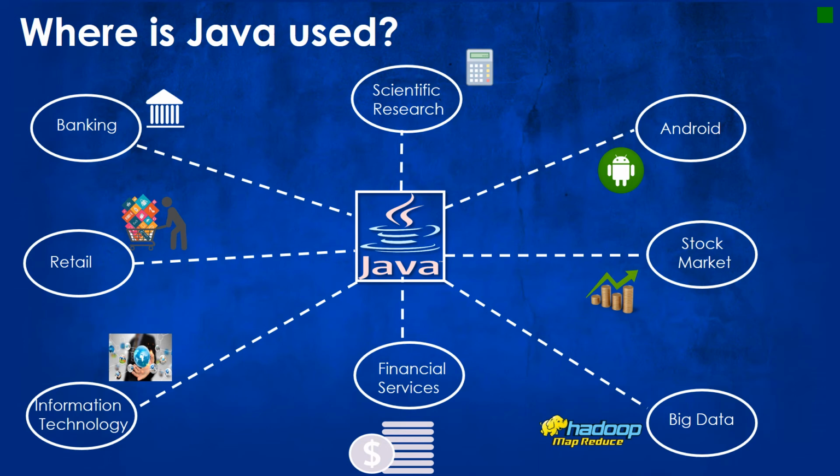So next is the stock market. In stock market applications, we are using algorithms. Algorithms are used to write down the set of instructions on which your applications are based. These applications used in the stock market are built using Java as a core feature. Next is the